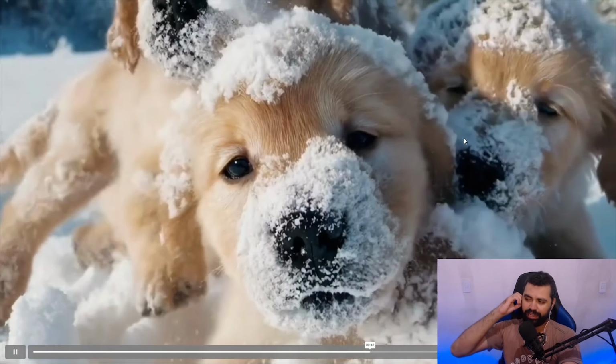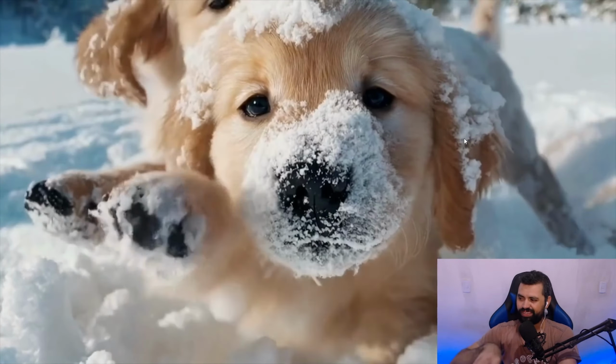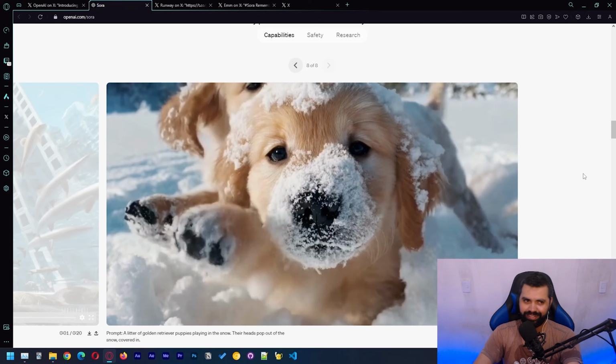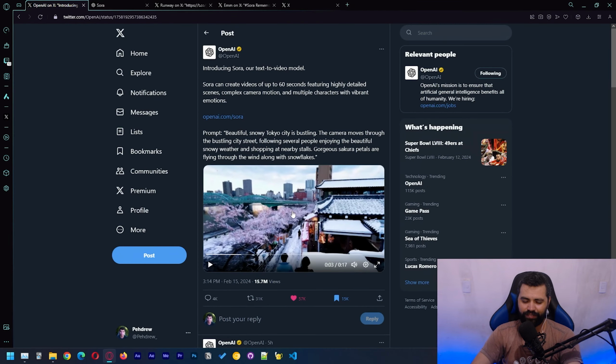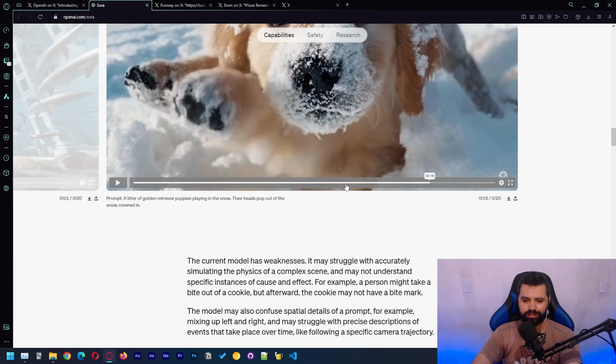This model has many capabilities. Not only just the sheer detail, the resolution, and all the information that I have, because this model can generate videos up to 60 seconds, which is huge. I didn't think that this was true at first. It took me a second to get it because when I saw this, I thought it was a random video of someone walking in Tokyo or Japan.